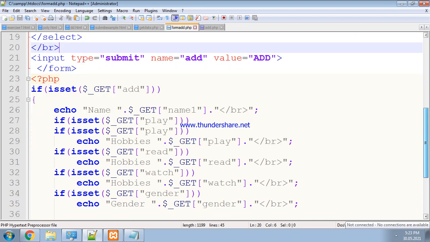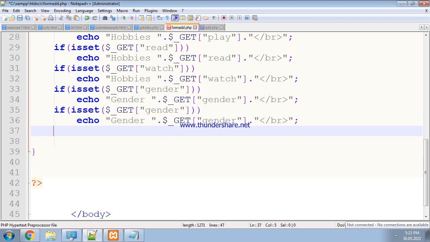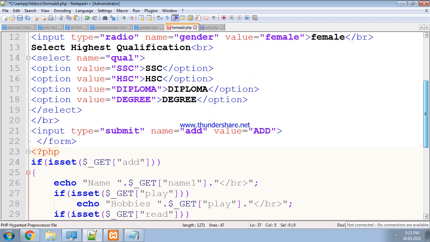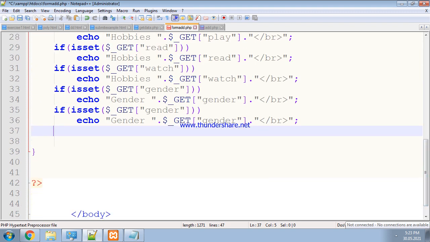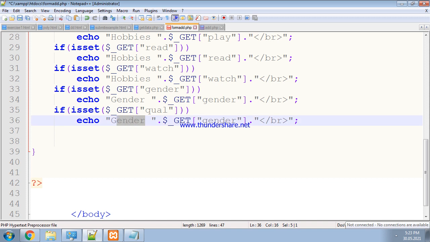Now we have to write the program, again I am taking the if condition. What is the name of the list control? Qualification, QUAL. I am writing here qualification, QUAL, and the selected qualification, highest qualification.